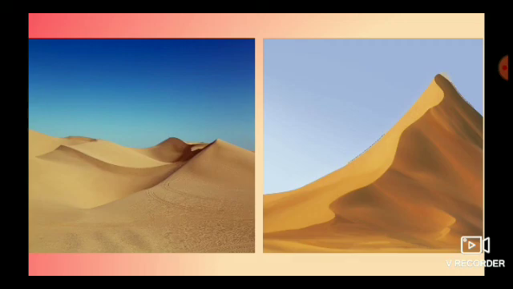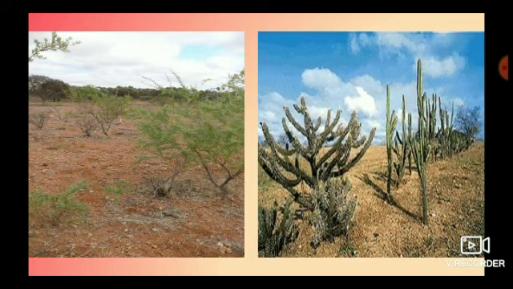Okay? Yes. So these are thorny scrubs. Thorny scrubs are plants, and the next picture is a cactus. These plants grow in the desert region as they require only a small amount of water. So they are the plants which are found in the desert region.